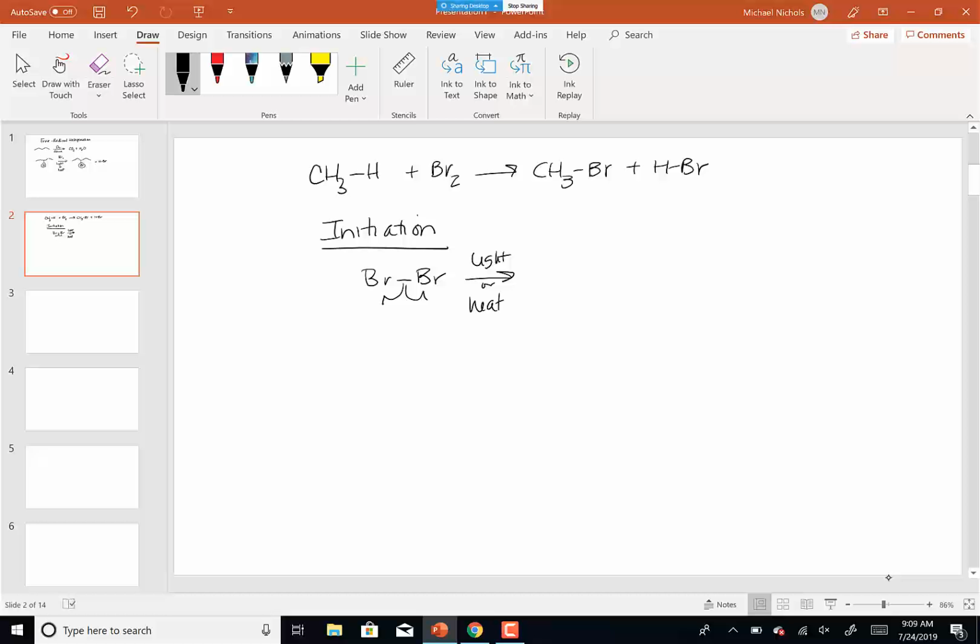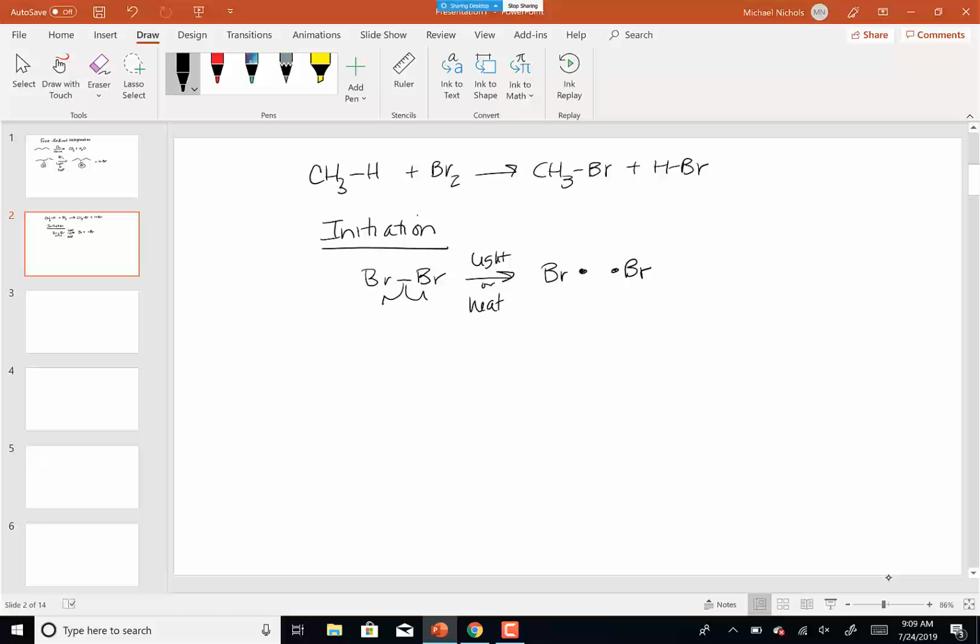So we're using half arrows or fish hooks to indicate the breaking of that bond and each atom getting 1 electron, which is the way it should be because they both have the same electronegativity. So each one should get an electron, which means I'm going to end up forming 2